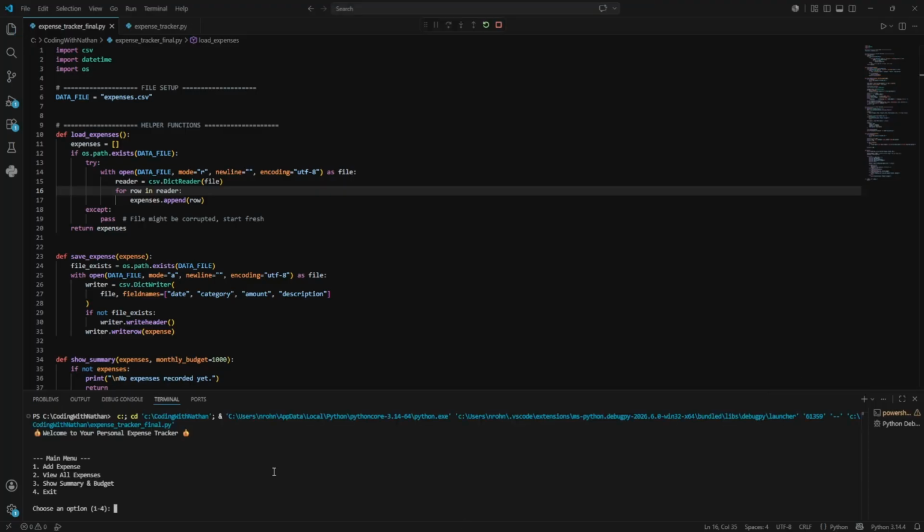All right, here is what we are building. You can add an expense with category, amount, and description, view all your transactions, see your monthly summaries and spending by category, and set a monthly budget and track how you're doing. Everything gets saved automatically, so your data persists between runs. All right, let's